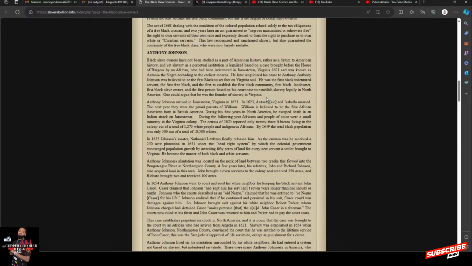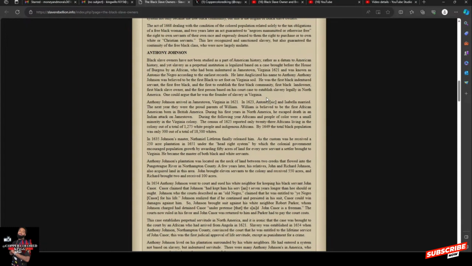The next year, they were proud parents of William. William is believed to be the first African American born in British America. During his first years in North America, he escaped death in the Indian attack. By the way, the term African American didn't exist back then. He escaped death in the Indian attack on Jamestown. During the following year, Africans and people of color,